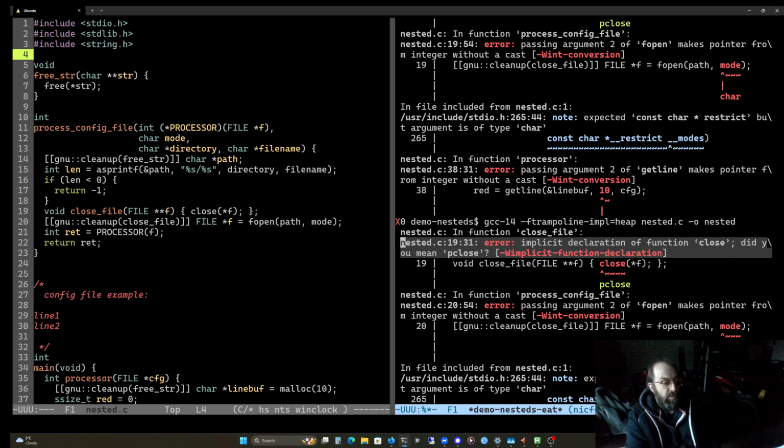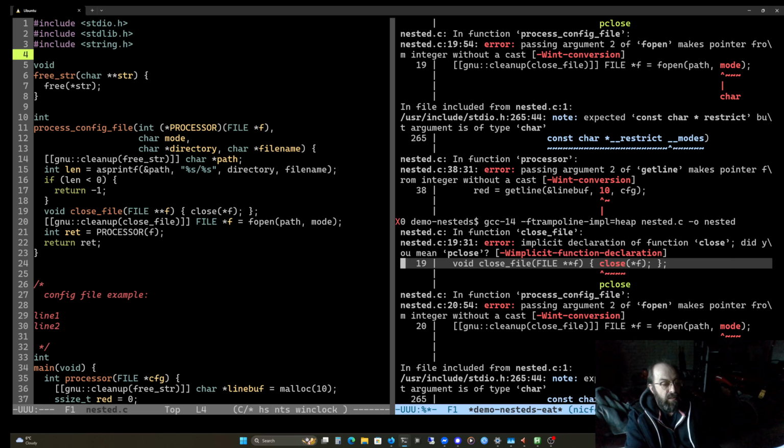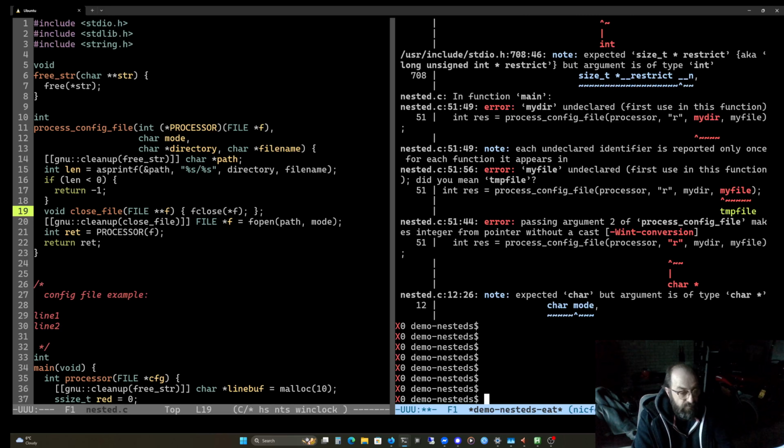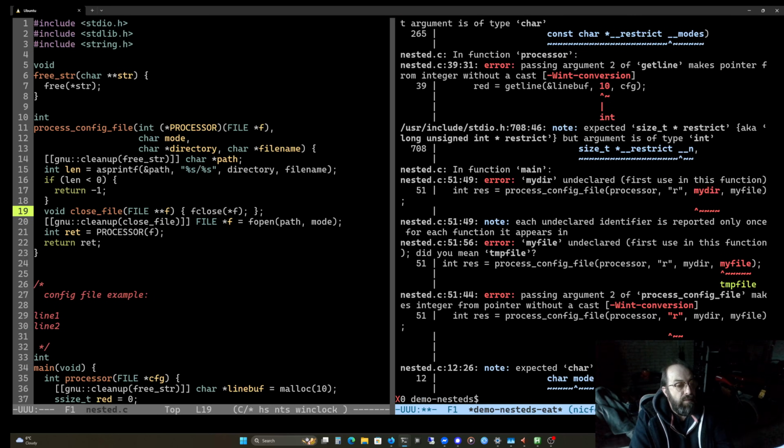Okay. So in function close file, did you mean pclose? No, I didn't. I mean fclose.